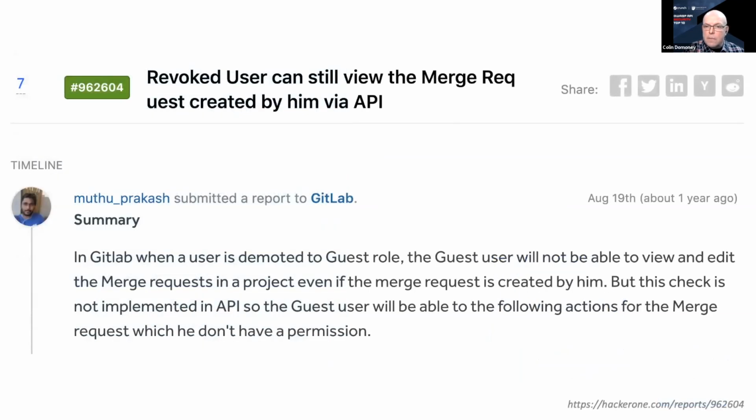Yeah, the GitLab example is not really that interesting. The main point here is more of the same. I can keep going about this. I actually keep all of these cases. So I save up your newsletters and I process them and I put them in my notes, like, okay, this type of vulnerability, incident, and the list just keeps on growing. So again, we had a client enforcing certain restrictions, but the API didn't implement those checks. So in this case, the guest user would be able to access merge requests that they shouldn't be able to access anymore, just because the API never enforced authorization properly.